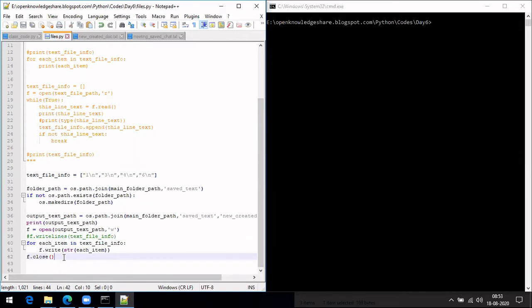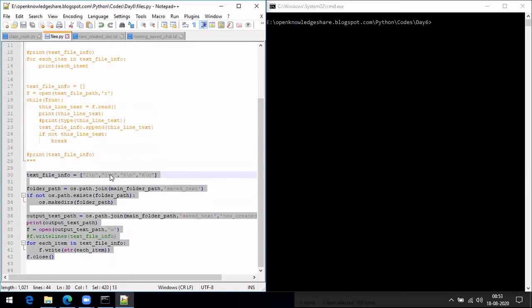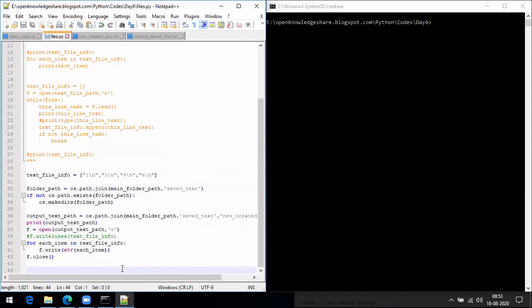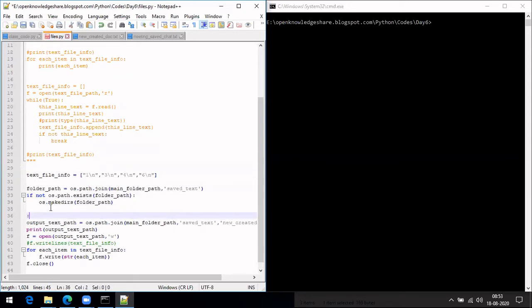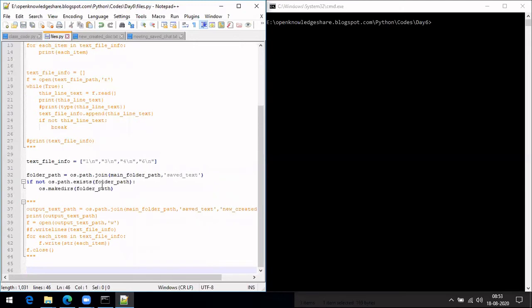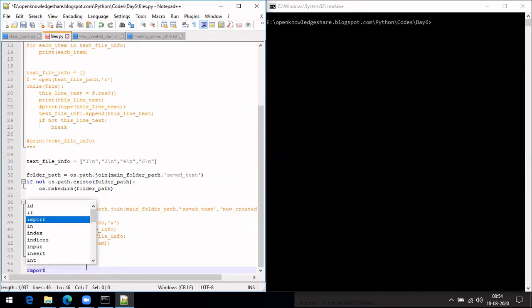Like what we have done here is we try to write whatever values are there inside a text file. So the next part I'm trying to do is let's comment this part and let's try to save those in a CSV file. Okay, so how can we do it? For dealing with CSV, we have to import a library, which is CSV.